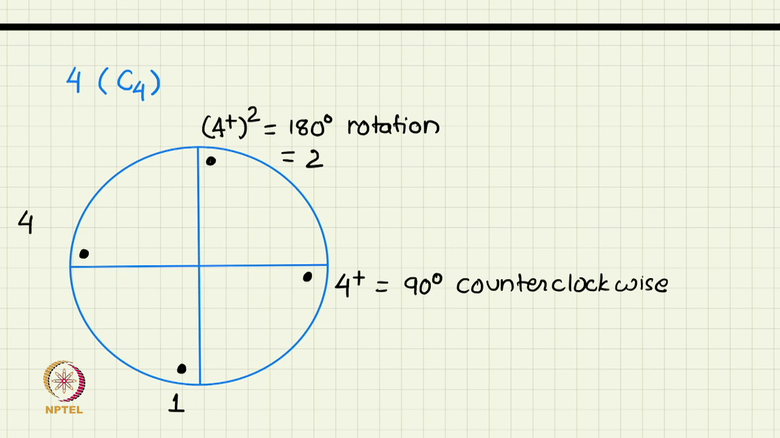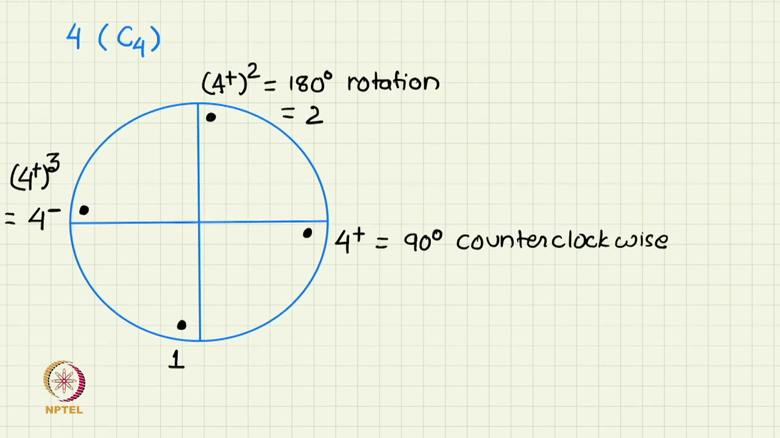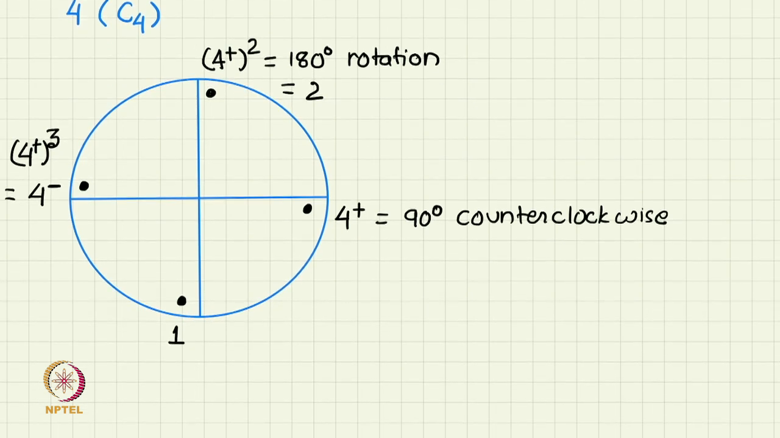and this one is 4 plus cube, but as you can see, you can come to it by taking a 90-degree clockwise rotation, which will be 4 minus. So, you can write the group now easily. So, the group 4 has operations 1, 4 plus, 2 and 4 minus. So, its order is 4,